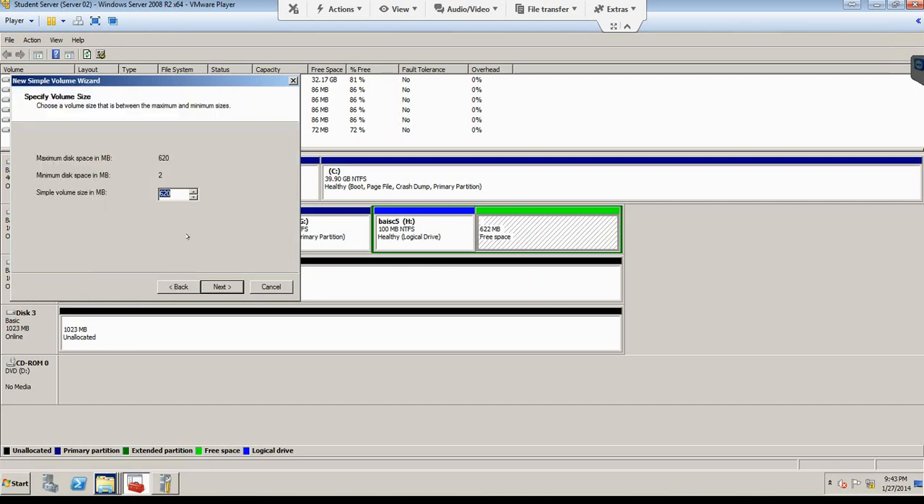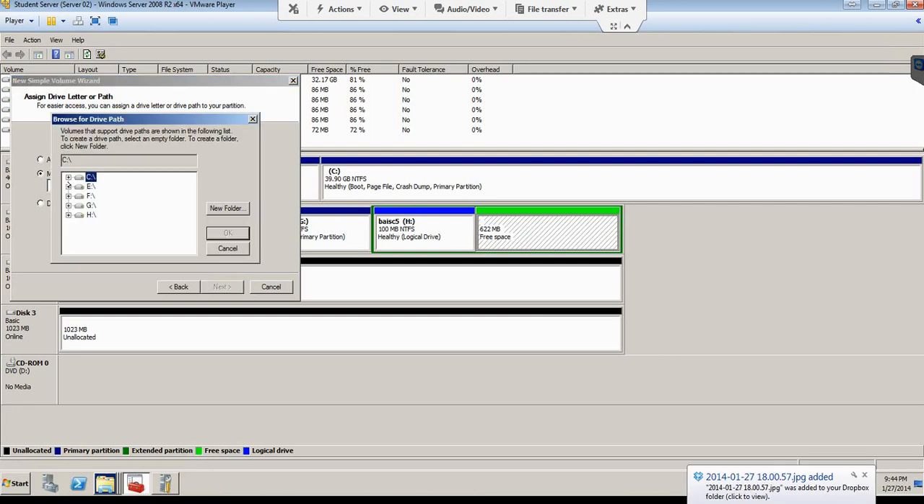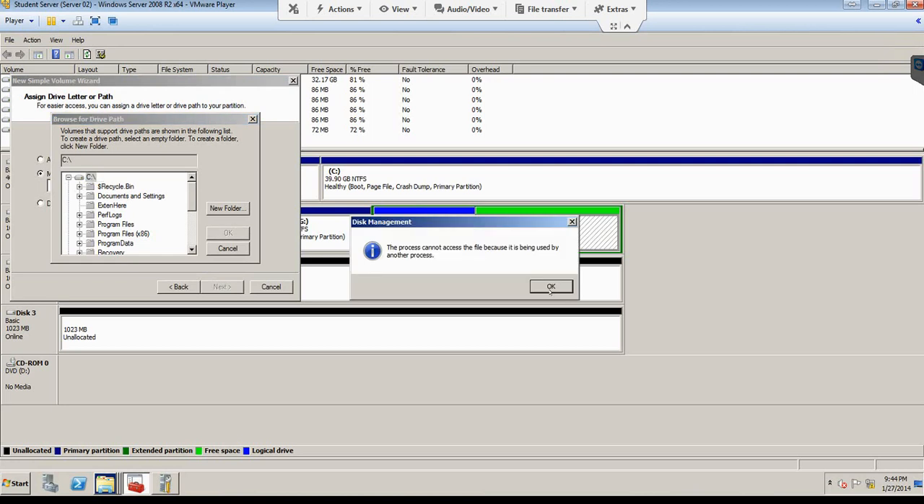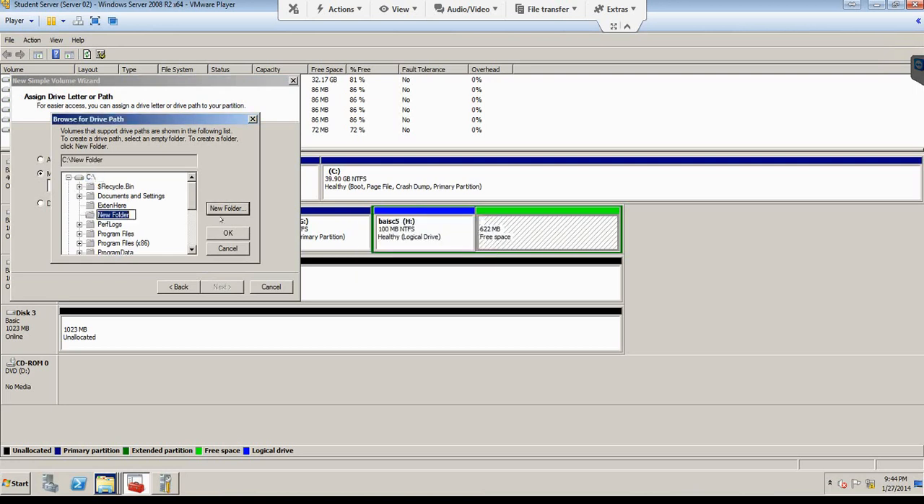So in this case, let's have the free space in disk 1 of about 250 MB. Let's extend drive C to the free space in disk 1 by allocating 250 megabytes of the existing 622 megabytes free space. So how do we do this? We right click inside this free space right here and click simple volume. I am going to click next and allocate 250 MB like so. Click next. And instead of